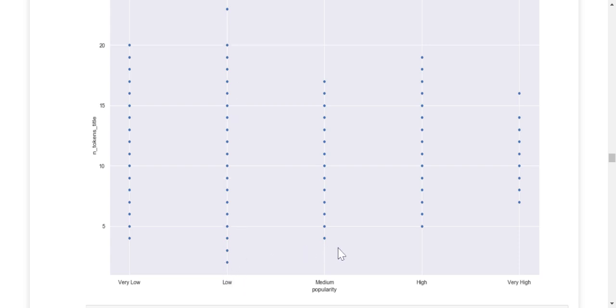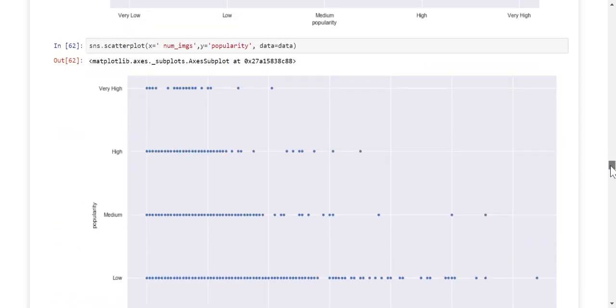But if you have a title with around 5 to 15 words, it falls in the category of either medium, high, or very high popularity. I think the highest is when the number of words in a title is somewhere between 6 and 15. That's not a very large title, but not an abruptly small one either.